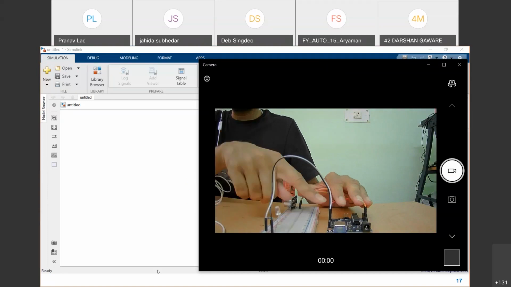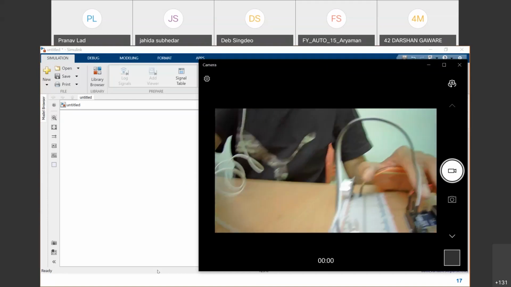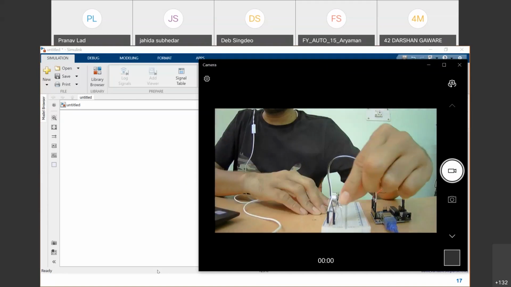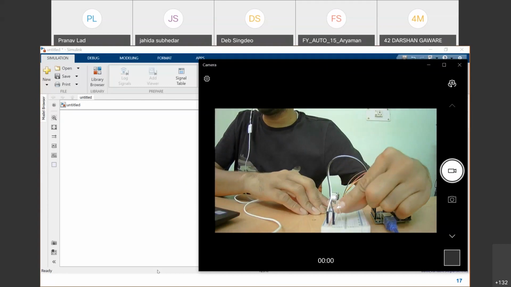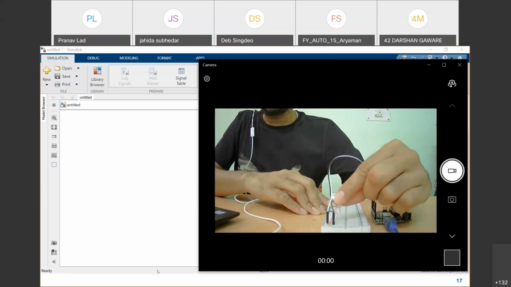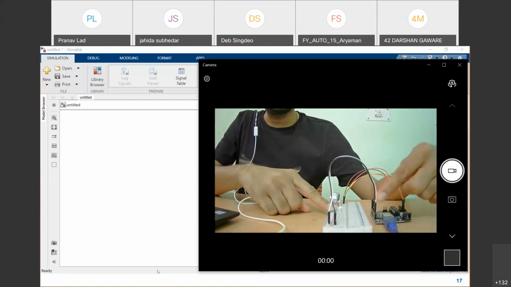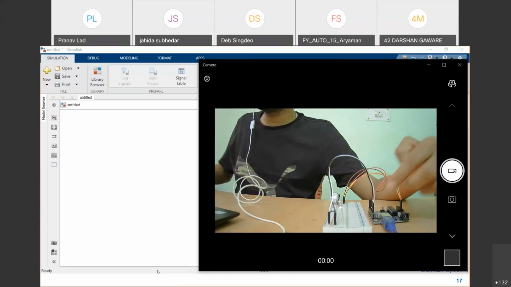But this is how our Arduino looks. What I have done here is connected this LED. So this is the LED we have. This is the resistor we have, and I have connected the LED and resistor in a certain fashion to the Arduino board using these pins.